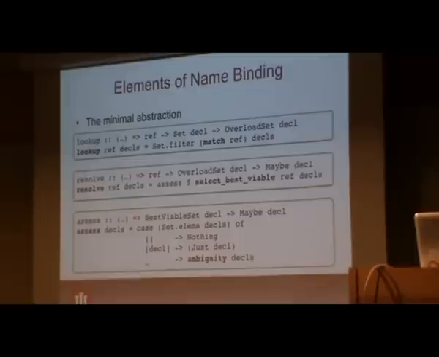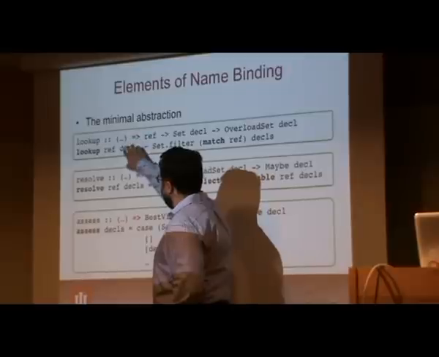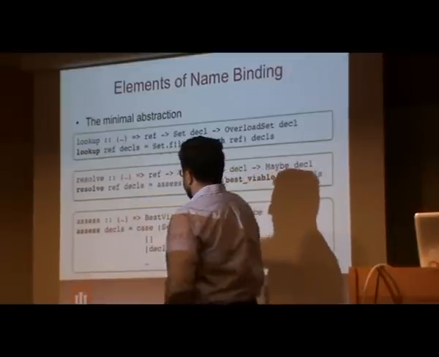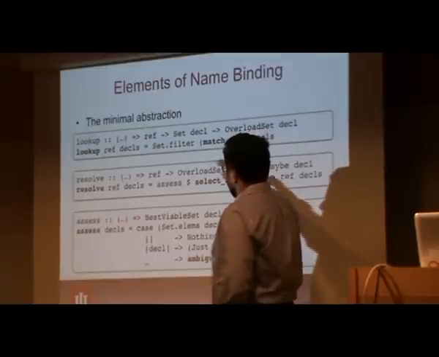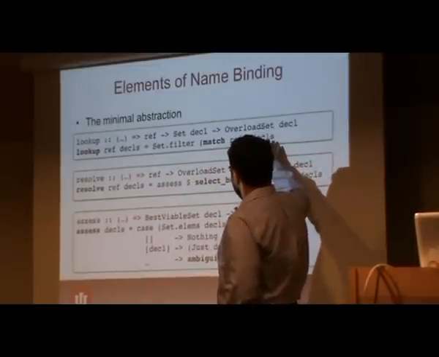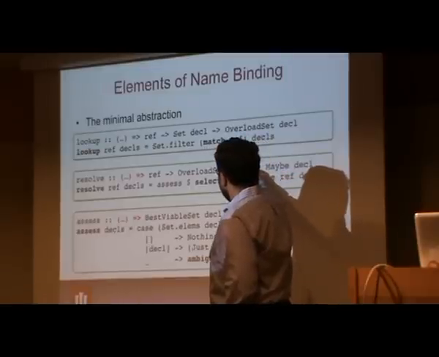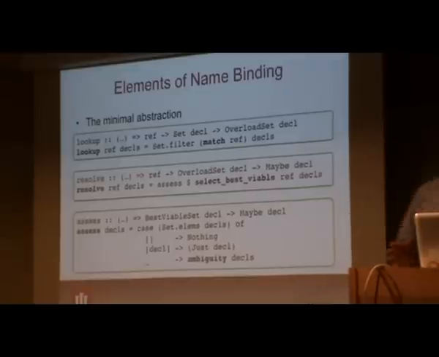Okay. So we need to find some minimal abstraction. As for now, the context here is just parentheses. For lookup, for our purposes, what we needed to get is this match. We needed to be able to just match a reference to a declaration. This was the underlying language property. For example, in C++ it's quite simple because in most situations you just have to match the names. You don't actually look at the types. You may have to look at kinds, but you don't have to look at types.